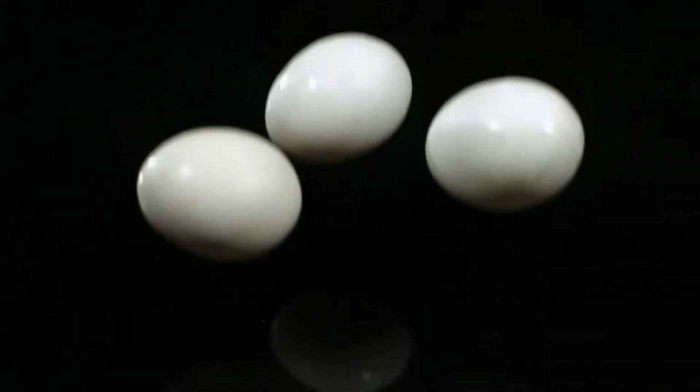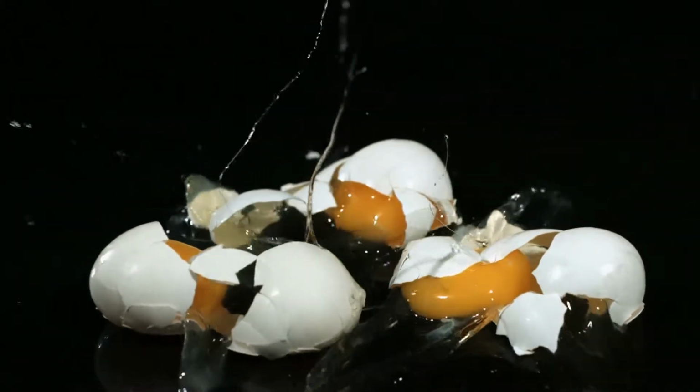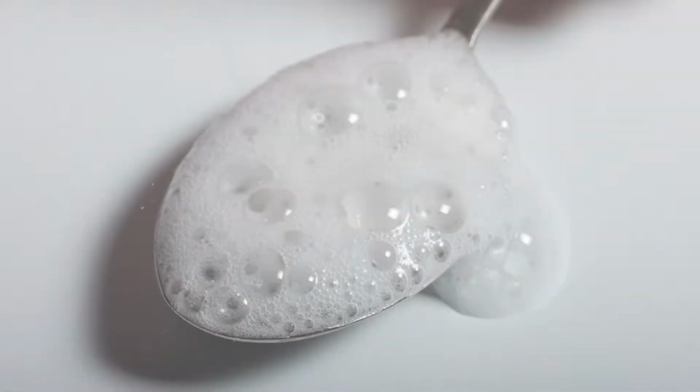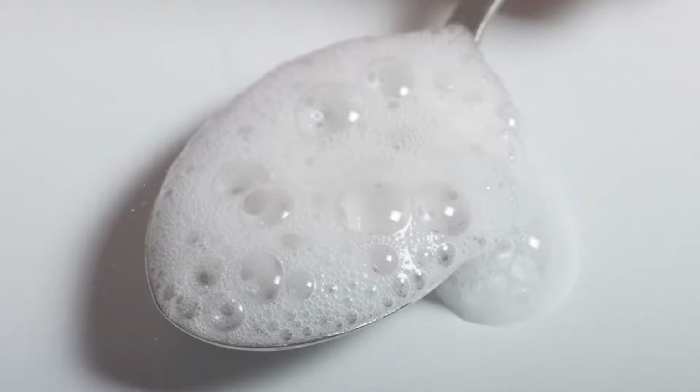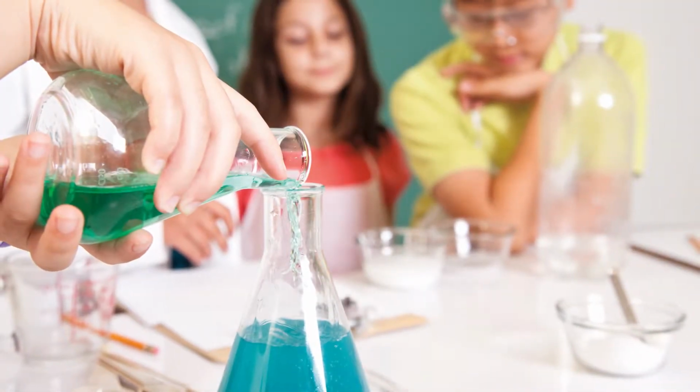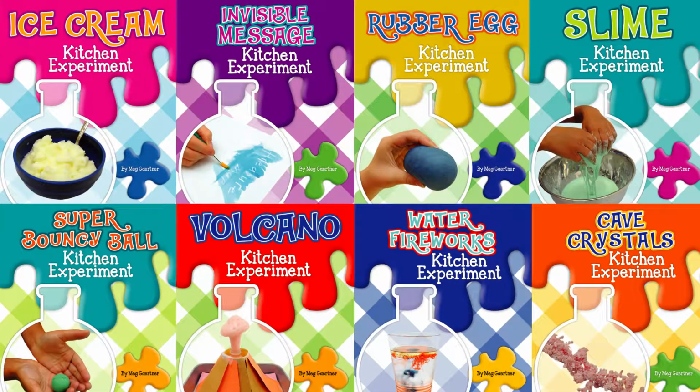Is it possible to bounce a raw egg without breaking it? Can matter act as both a solid and a liquid? Why does mixing baking soda and vinegar cause a bubbly reaction? Engage readers in key science concepts using easy and fun kitchen science experiments in Science Experiments in the Kitchen from